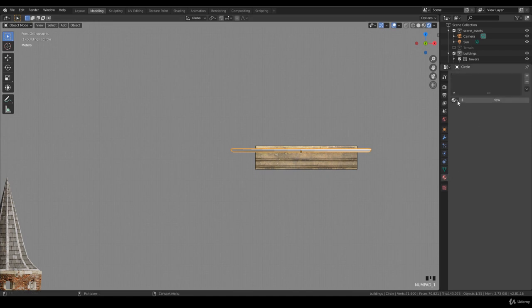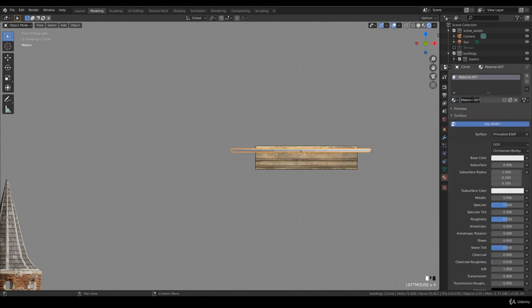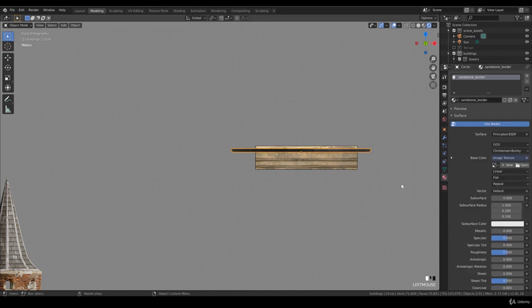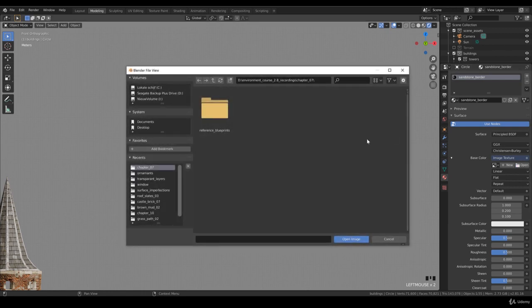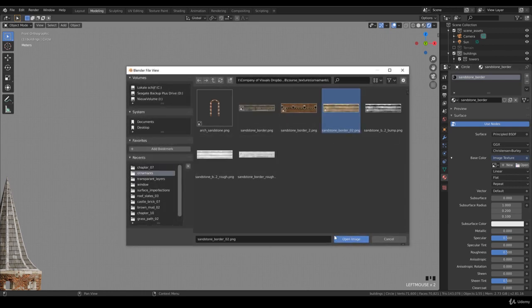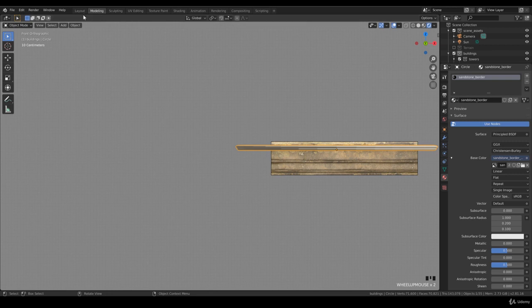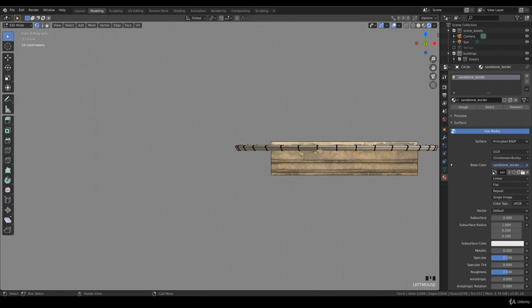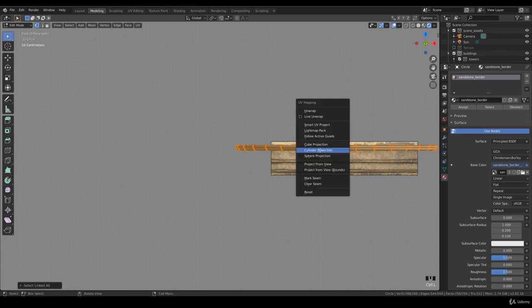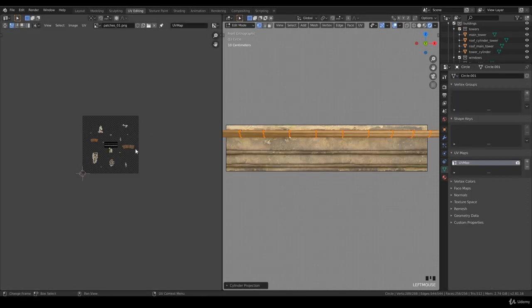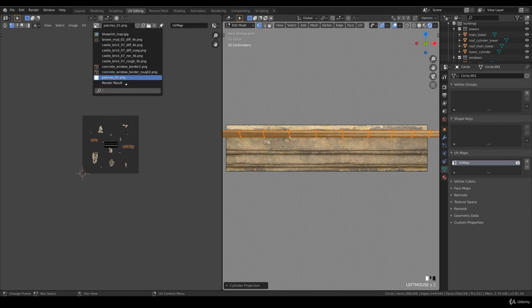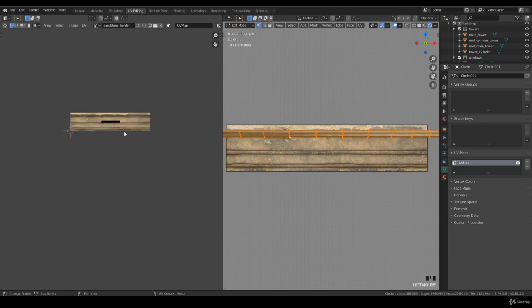So we go to material, and let's call this sandstone border. Yes, and we have to apply an image on it. Image texture, and we need to open it, ornaments, and there it is. And go to object, shade smooth, and then we left click on just a random vertex, Ctrl L, press U, and cylindrical projection, and we toggle back to the UV editing, and we want to have this border. I think it's sandstone border 02, and then we left click on it,